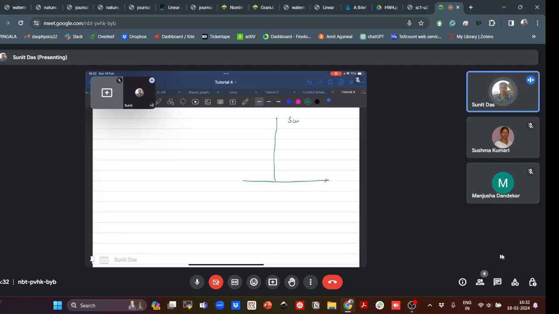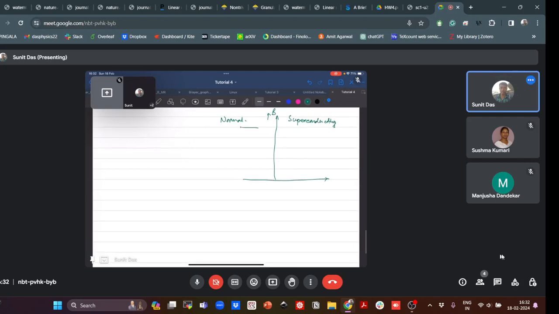This side is superconducting, this side is normal, and I have applied a magnetic field, let's say. So what will be the magnetic field penetration? In the normal side there will be magnetic field as usual, but